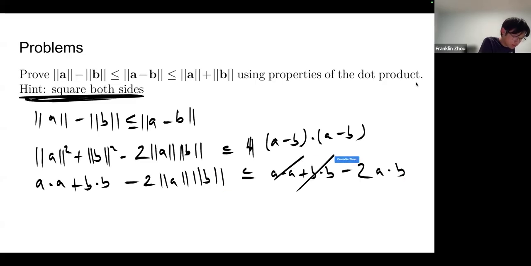And this is pretty clear. And with the negative, we flip the sign around. So what we need to show is,